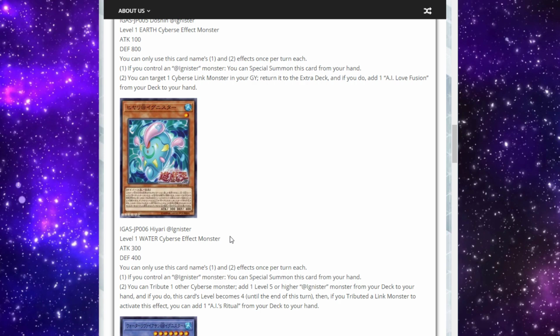To add one level 5 or higher @Ignister monster from your deck to your hand, and if you do, this card's level becomes 4 until the end of this turn. Then, if you tributed a Link monster to activate this effect, you can add one AI's Ritual from your deck to your hand. So if you don't remember when we looked at the first set of @Ignister cards, I